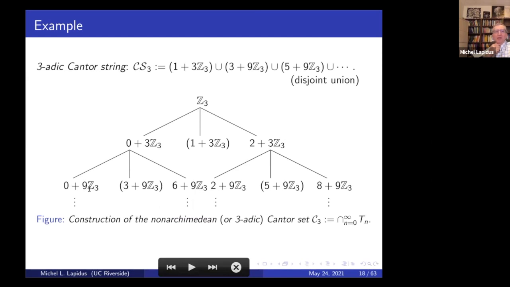So this would be, for example, 0 plus 3Z3, union 2 plus 3Z3, union 0 plus 9Z3, union 6 plus 9Z3, and so on, union 8 plus 9Z3, etc. So this would be T1, T2, and you take the intersection of these,